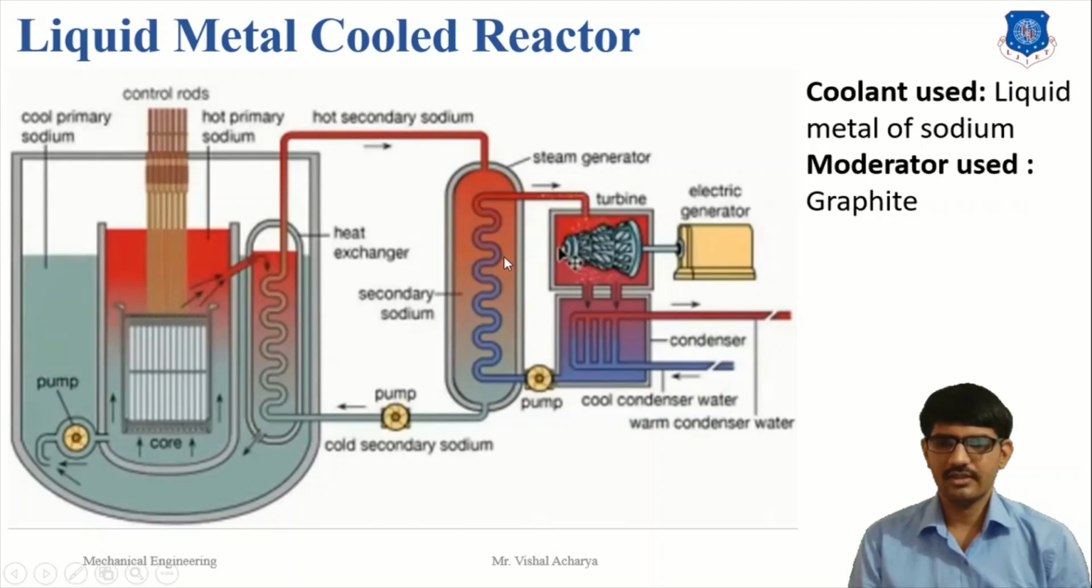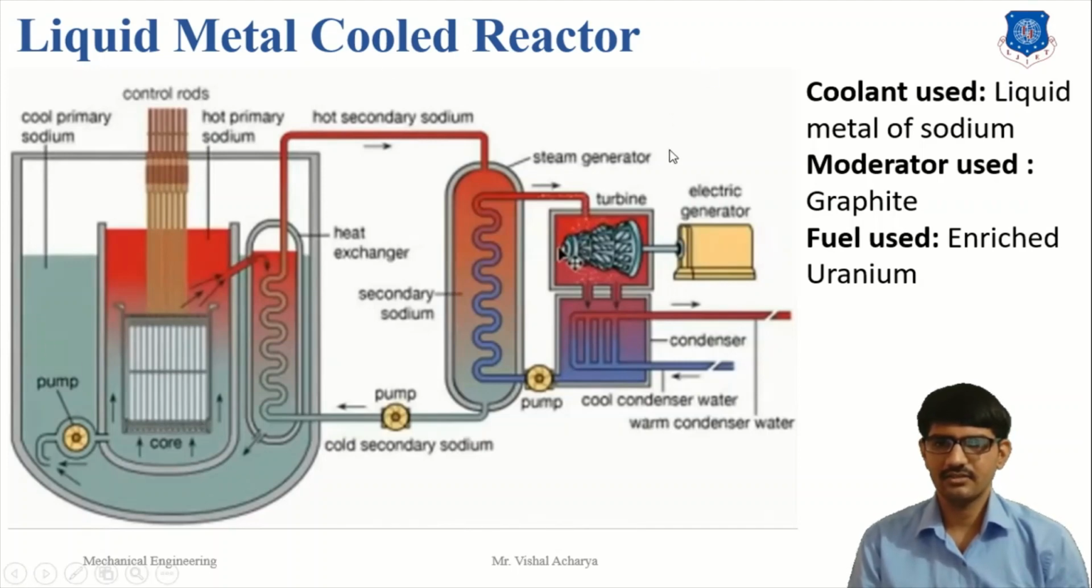The moderator used is graphite. The fuel used is enriched uranium, so the cost of the uranium fuel is very high. In the first circuit, sodium enters at 7 bar pressure. Liquid sodium absorbs the heat from the fission process of the enriched uranium and passes the heat to the secondary